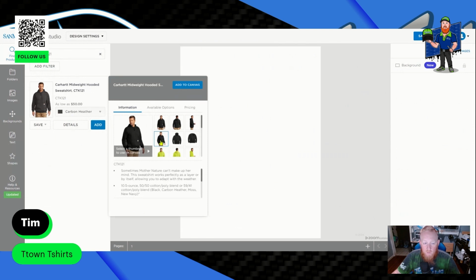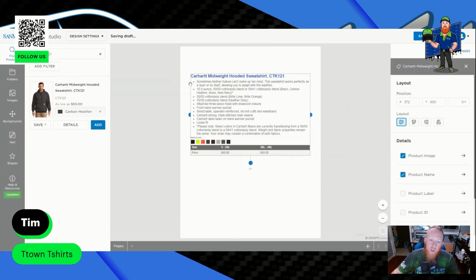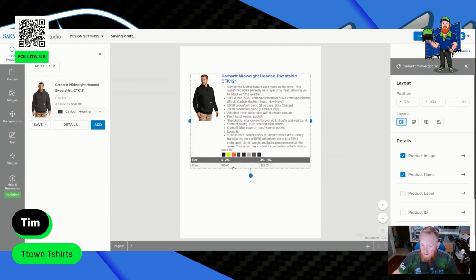So since I'm picking this one and I want to change the way that the mock-up, we'll do that and add to canvas. So it adds the canvas. So you can print that, be done with that. That would be their prices, blah, blah, blah. What I like to do